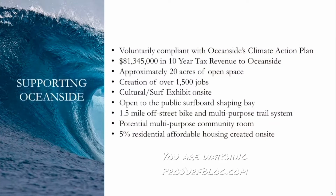So this slide is just really speaking to what we're providing to the city of Oceanside. We submitted well before Oceanside adopted its newest climate action plan, so technically we don't have to comply with it. We're voluntarily doing so. Part of the ethos of this project is really health and wellness, and as part of that, we believe that being environmentally friendly is part of the overall picture of being